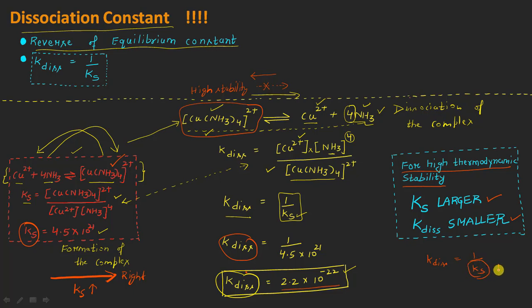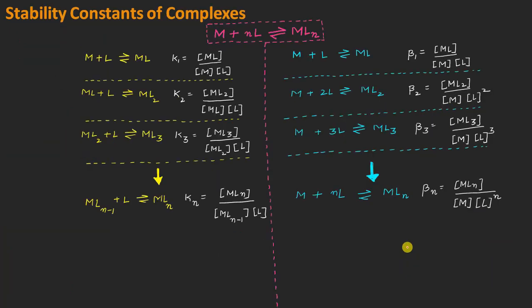So if this thing is quite high, obviously the reciprocal will be quite low in numerical value, right? So for high thermodynamic stability, the Ks should be higher and the value of K dissociation should be lower, right? So this is all about the thermodynamic stability of the complexes, and now let's talk about the stability